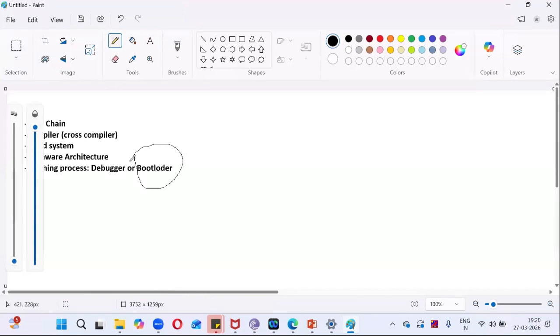All these things I'll tell whenever we go for the flashing process. At that time the bootloader is taking care, and we will discuss what a bootloader is and what flashing technology is. So before going to that,